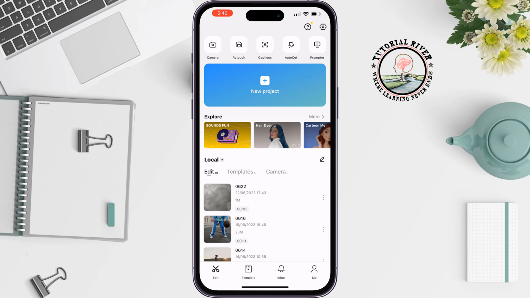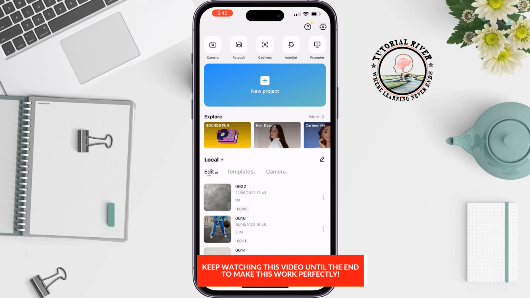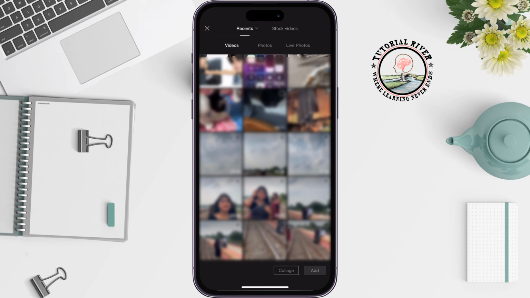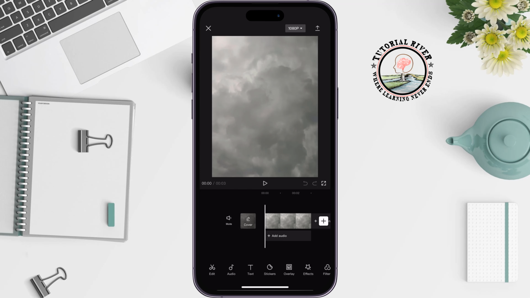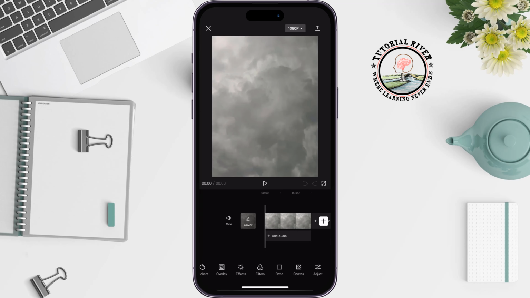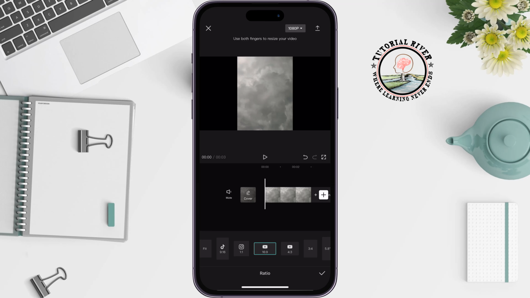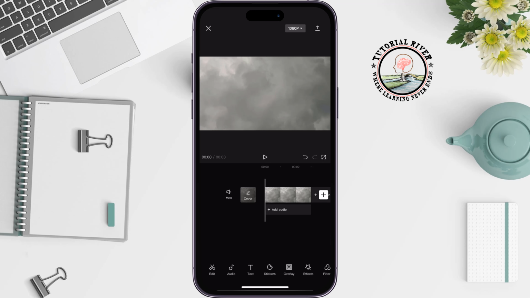On your mobile, you have to install the CapCut app and launch it, and then create a new project and select your photos. I'm going to select a photo background, and I want to make a thumbnail, so I have to change the ratio. I'm going to select ratio here and select YouTube, and I'm zooming the background to make it perfect, and then